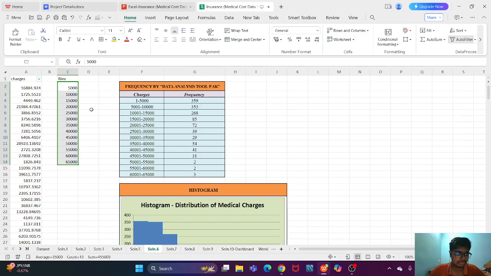So these are my bins. Now first I have to take the data. This is my data. Now I have to create the bins. First I have to manually create the bins, 5,000, 10,000, like this. You have to create the bins. Then,